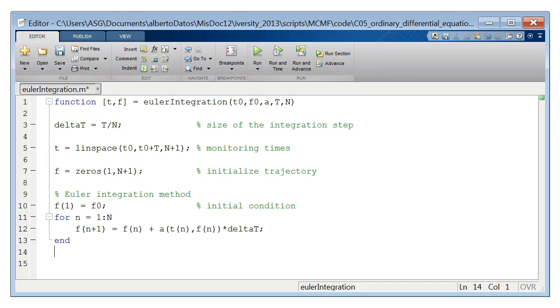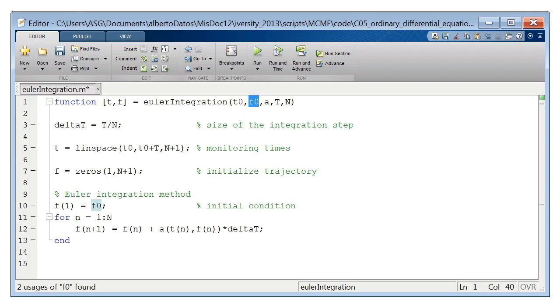We have seen how the Euler method for integration of differential equations works. Let's now program it. This is the code to integrate a trajectory in the Euler integration method. The arguments that the function Euler integration takes are t0, the initial time, f0, the initial value of the trajectory